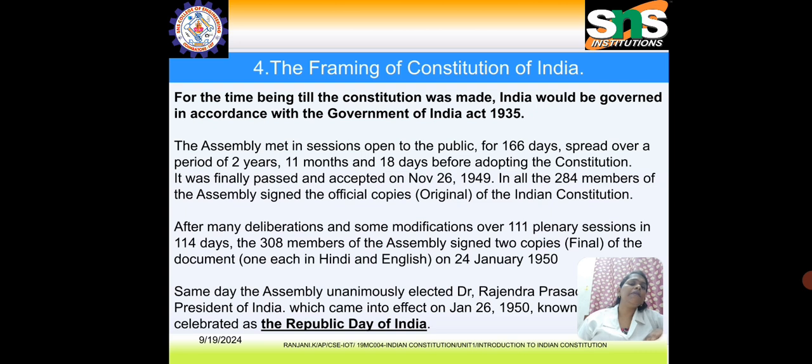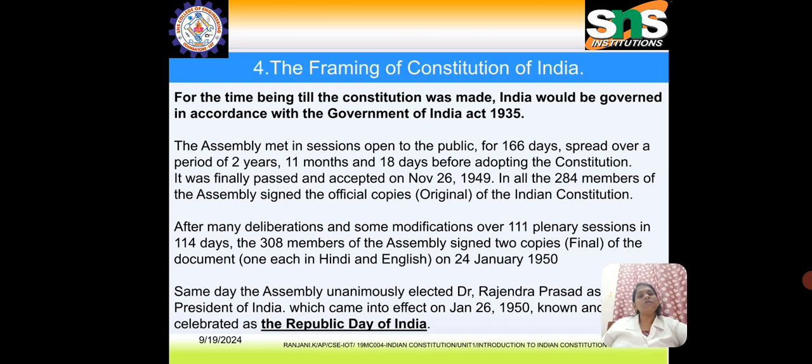After many deliberations and some modifications over 114 days of plenary sessions, the 308 members of the assembly signed 2 copies, that is the final copy of the document, one each in Hindi and English, on 24th January 1950. The same day, the assembly elected Dr. Rajendra Prasad as the president of India, which came into effect from January 26, 1950, celebrated as the Republic Day of India. So over a period of 3 years, certain rules of the constitution have been framed, and